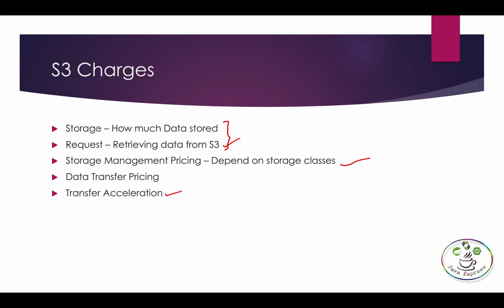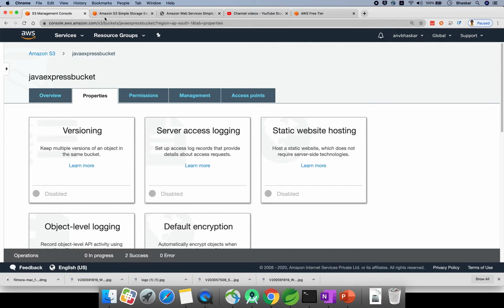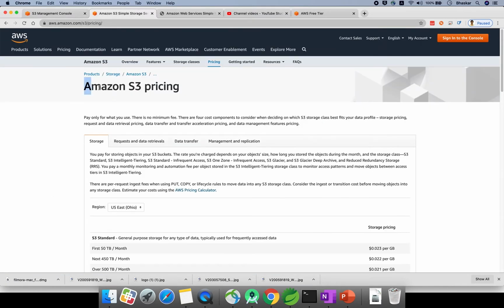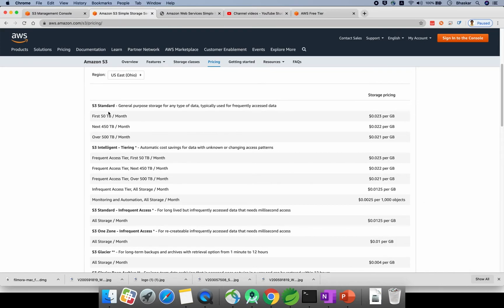Okay, I want to show the diagram Amazon documentation is giving. So Amazon S3 pricing, if you see here, this is S3 Standard. Right now we are using this one. If you upload 50 TB per month, they are charging this much per GB. This is TB. Okay, per GB around 0.03, it will come around 1.5 rupees in Indian rupees. Okay, if your TB is increasing, the price will be less. If you see 500 TB per month means 0.21 per GB.